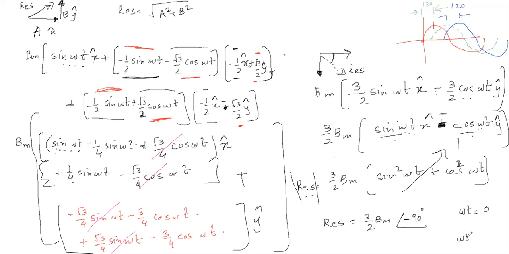What happens when the value of omega t is equal to 90 degrees? When the angle of omega t is 90, this one will be equal to 1 and this one will be equal to 0. So it will be only the horizontal, the resultant will only be pointing in a